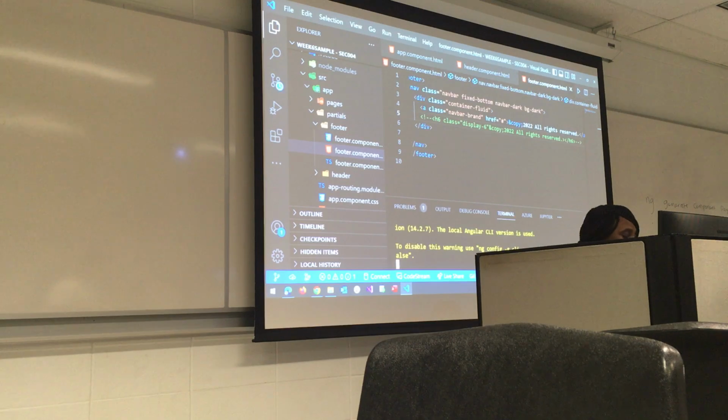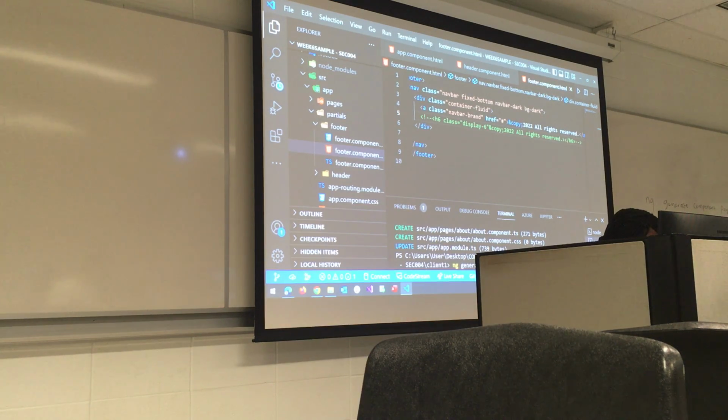Just hold on for it if your system is slow. Use the arrow key to pull it up. I'll change the about to contact. Enter to generate the contact page. Just use your up arrow key.